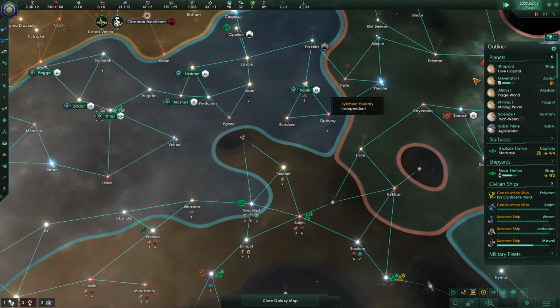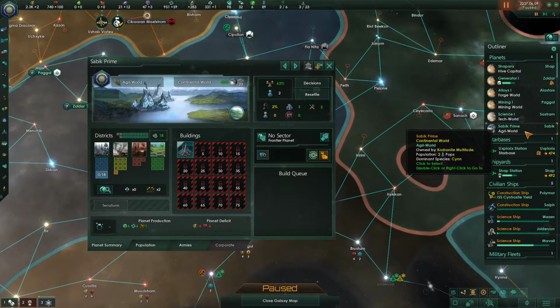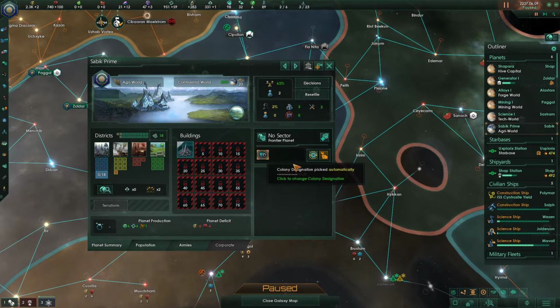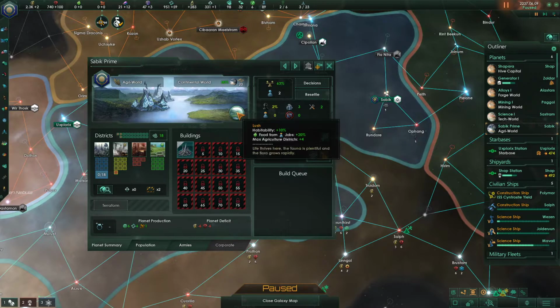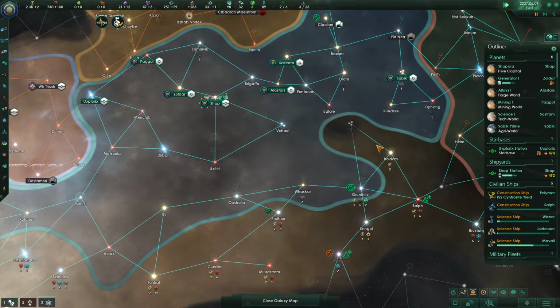Hey, our colony up here is done. Now, Sabik was set to be an Agra world. Did I set that? I did not. What was the plan for this? Yeah, it was... The plan was to be an Agra world with that lush modifier, for sure. Okay, so